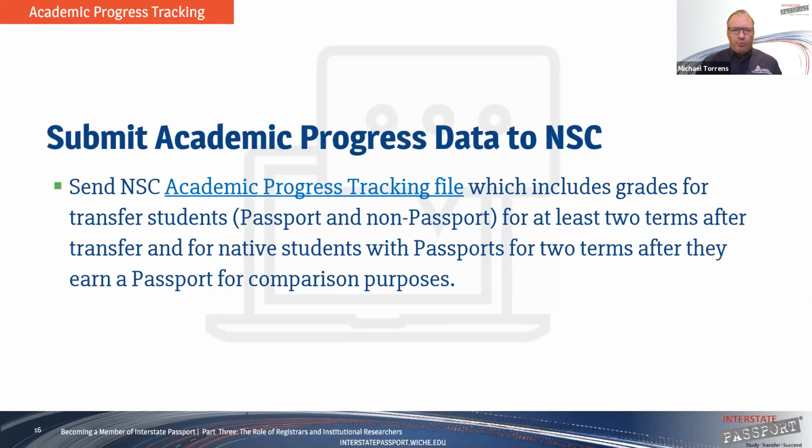So we have a pretty good community of PeopleSoft and Banner institutions who can help in terms of the programming that's required to be able to generate these files. But once those files are generated and sent to the National Student Clearing House, that information becomes available to you. So if you can imagine,